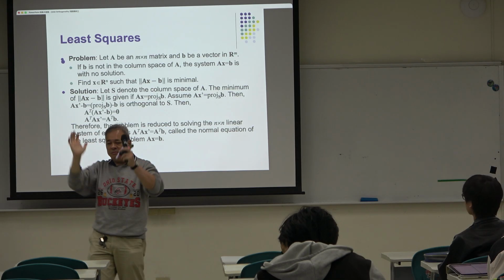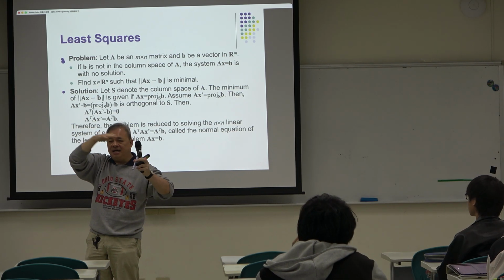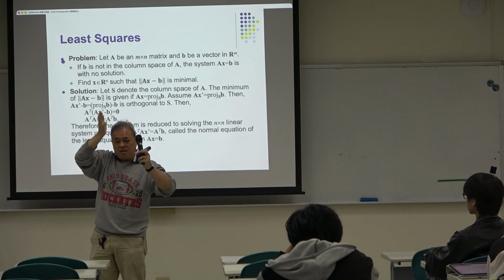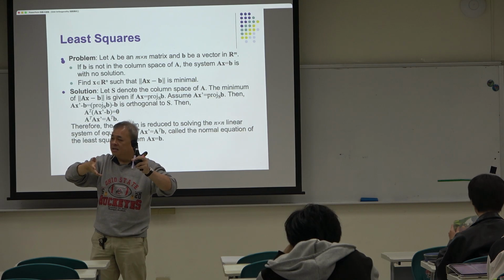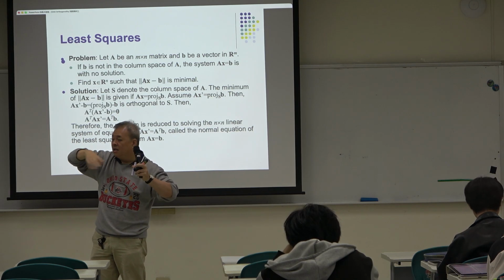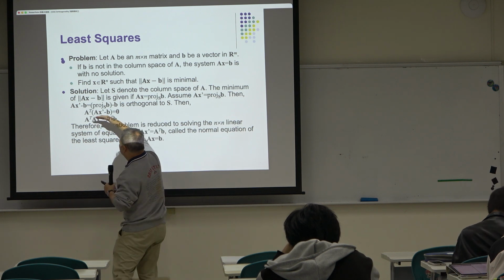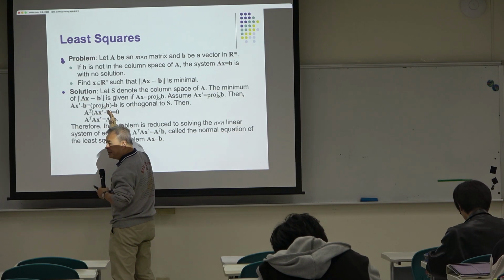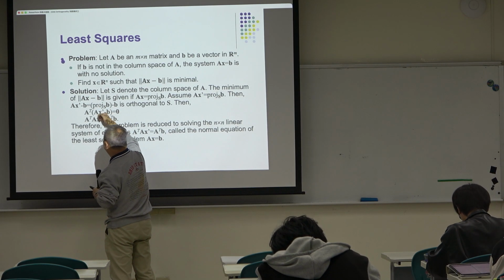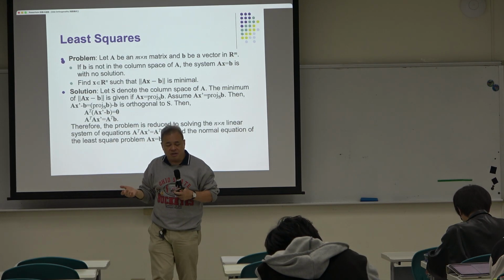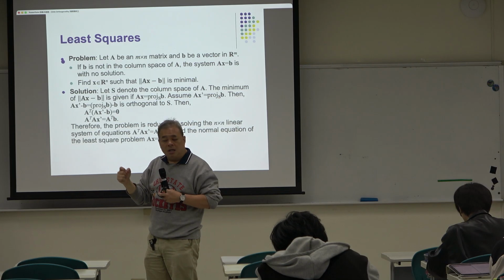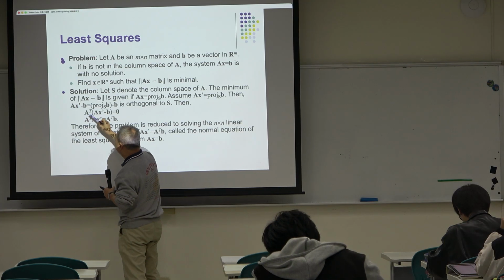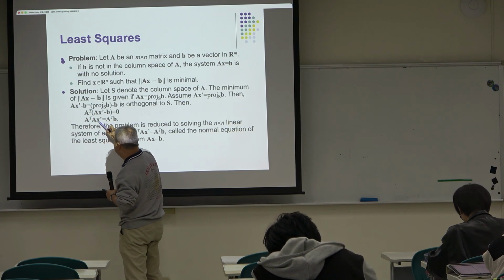Because when you do transpose, you make each column a row. Then you multiply each column with a column, and that is an inner product, which gives zero. That is to say, if you expand it, A^T A x prime equal